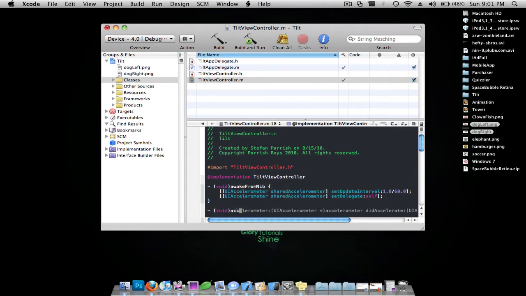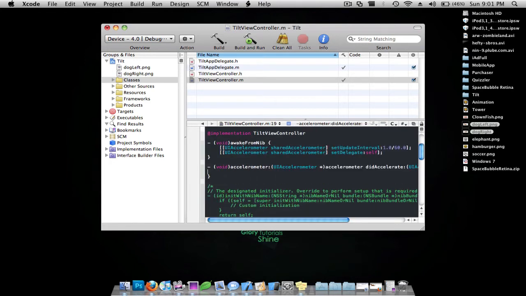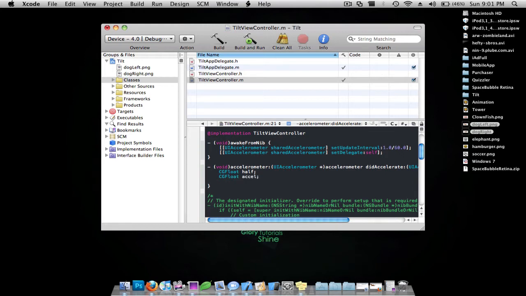accelerometer, and then press the right key, space, bracket, and curly bracket. And inside here, I'm going to do a CGFloat, just do CGFloat, and I'll just call this half; CGFloat, accel; and then I'm going to do a CGPoint, and I'll call this point, pt. Okay, and so after half, I'm just going to do equals dog